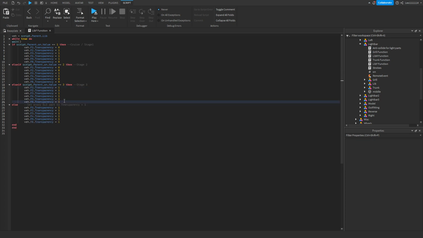For this one, I'm going to go a lot faster with 0.05. Once again, not the fastest I've done, but you can really do any speed. Hell, I've even used 0.001 before. You can get pretty crazy with it. Now I recommend you just copy that whole script right there. Now just come in here and then just